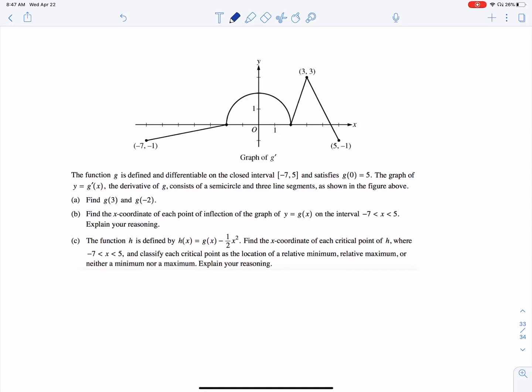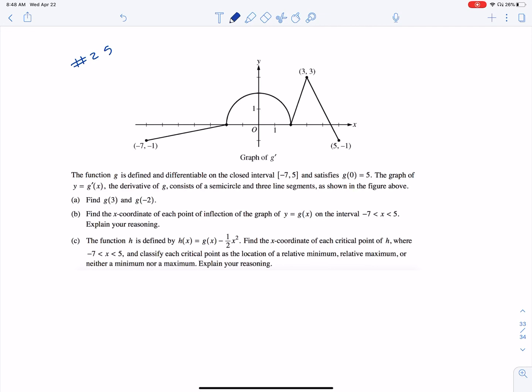Okay, so today we are going to talk about number 25. Number 25. Okay, let's see what we got here. So the function g is defined and differentiable on the closed interval from -7 to 5 and satisfies g of 0